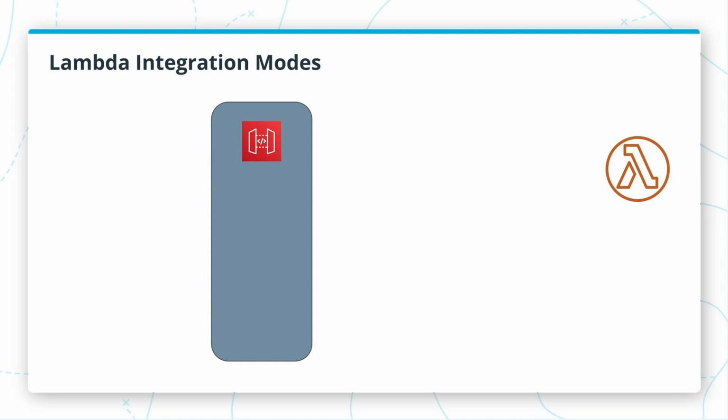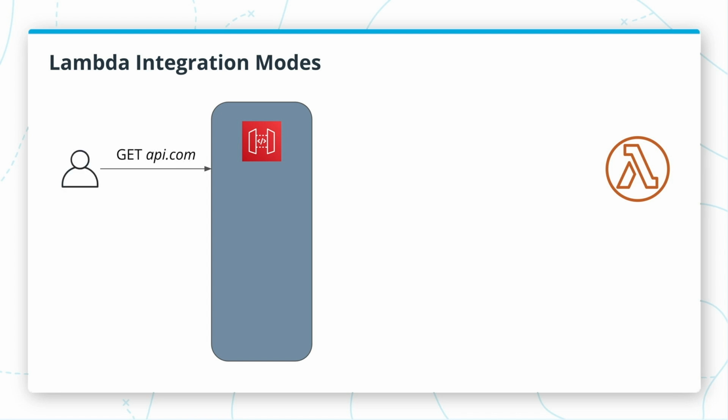So by now, we already know what API Gateway is, we know how to call it, and we know how to configure its endpoints. But there's still one more question that we need to figure out before we deploy our Lambda functions. And the question is, what is the format of the data that is sent from API Gateway to our functions? And the format of this data depends on what integration mode we select.